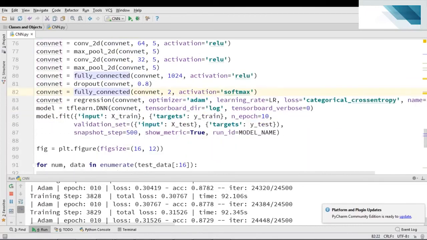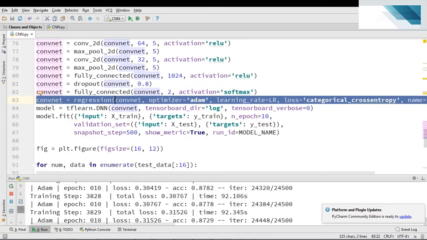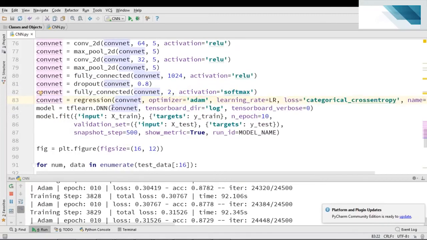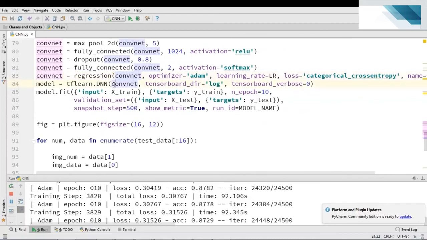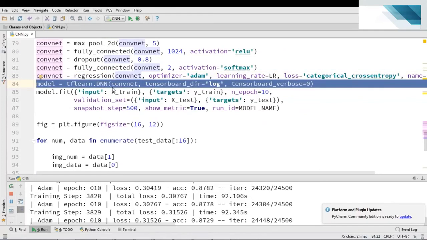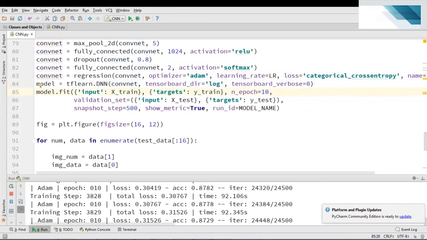And then we are using the Adam optimizer to optimize our model. Basically, whatever loss we have, we are trying to reduce it. And this is for your TensorBoard. We are creating some log files, and with those log files, TensorBoard will create pretty fancy graphs for us that help us visualize the entire model.